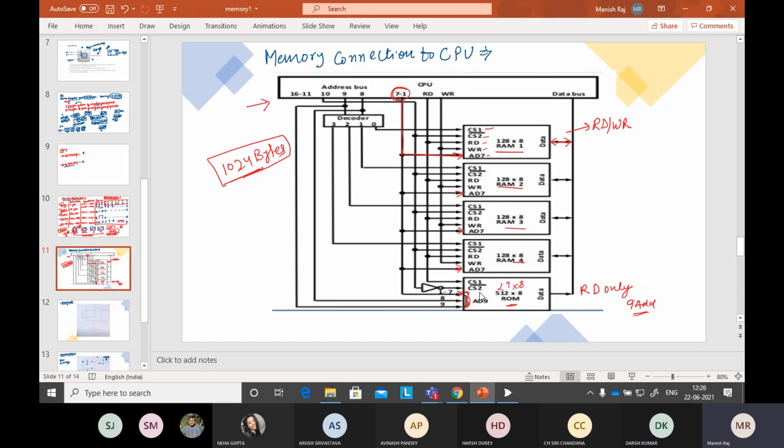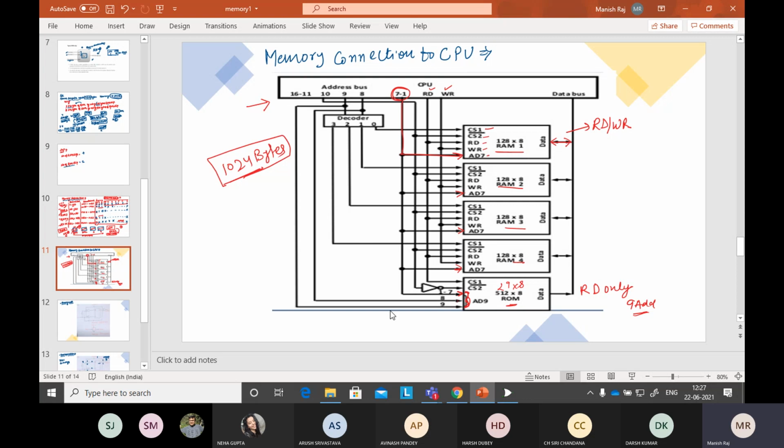Yes, sir. Okay. So there are two special bits for read and write, because these are signals. So we are connecting them to every read and write. There is no need to put them in the ROM. So we are connected here, read and write, read and write. According to your application, you can enable the read one or the write one. According to that, you can do anything. Read or write, whatever you want. So it is connected with the CPU, and it is written here as the CPU.